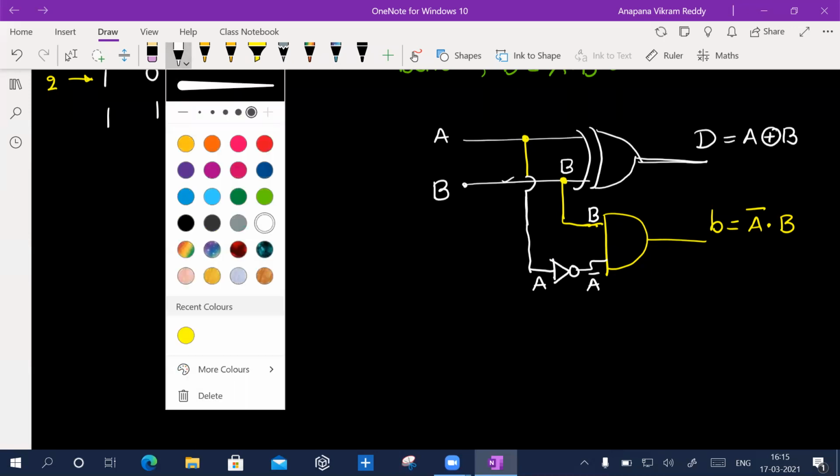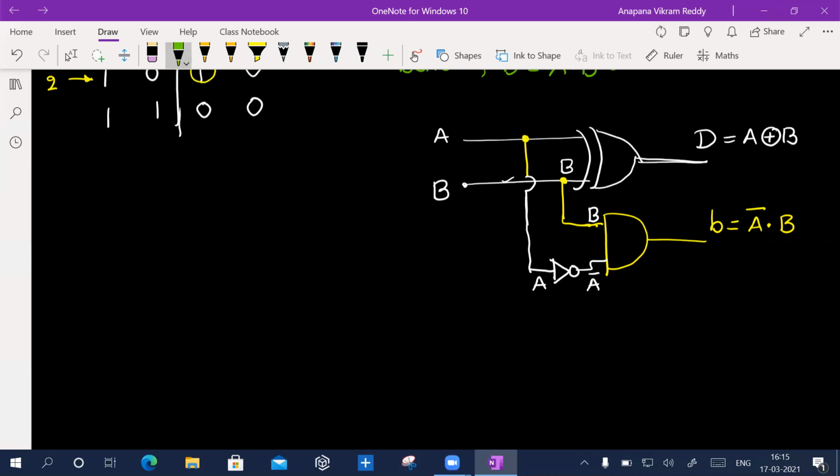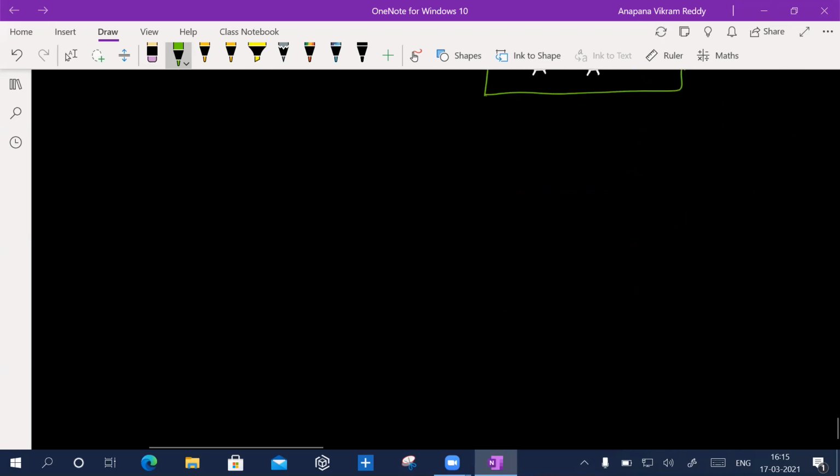So I can put this in a black box. So I can see only the output and input leads. The output leads are D, this one and this one, and input leads are say A and B like this. So this is one half subtractor. On similar grounds, can we implement full subtractor?